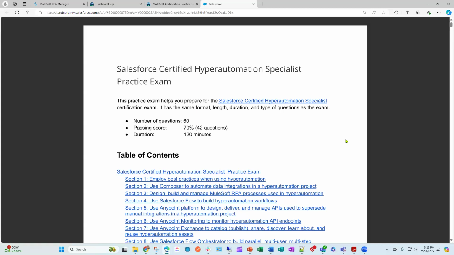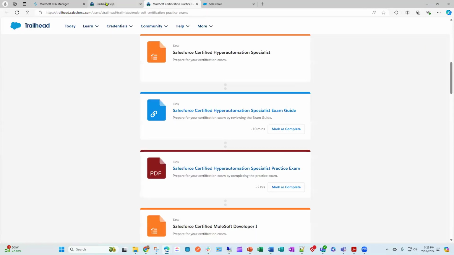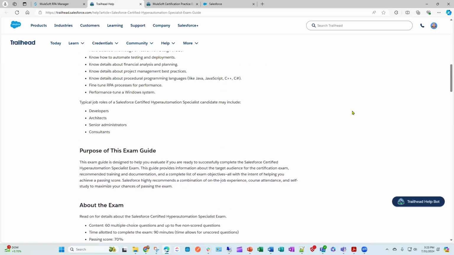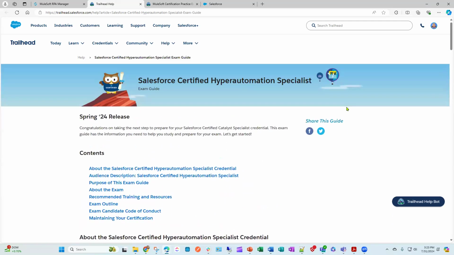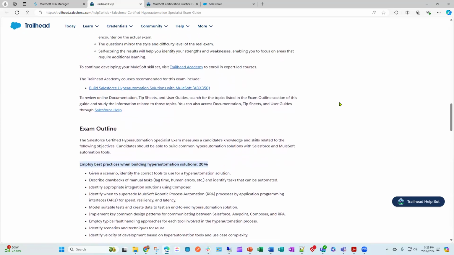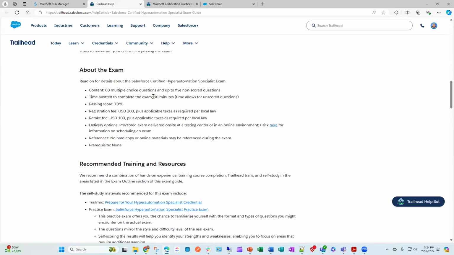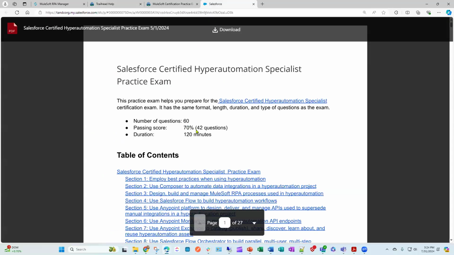Now, this one says the duration of the exam is 120 minutes. There is some conflicting information here. This one says it's 90 minutes. So I would want to verify that. Where is it? The exam details. Here we are. Yeah, this says 90 minutes. And yet this is saying 120 minutes. I would need to verify that. But at any rate,